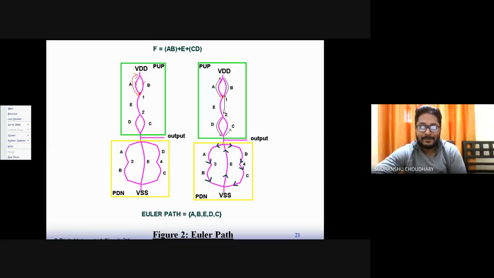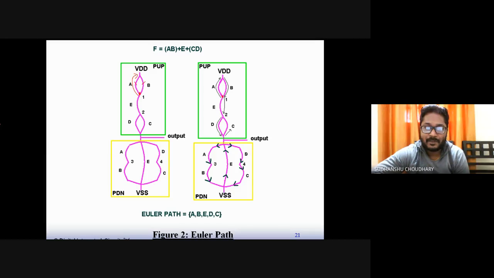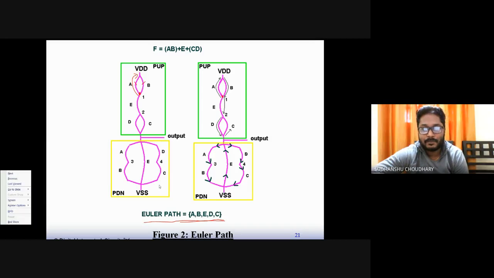Now this path that we followed, that is from maybe 1 to VDD and then VDD to 1, or then 1 to 2, when we go, we say it's A, then we come to B, then E, right, then D, and then C. So this is called Euler path, which is being mentioned over here, right? So how did we visit all these nodes? We visited by visiting all these edges, that is transistors, that is A, then B, then E, then D, and C, right? So this is called Euler path,